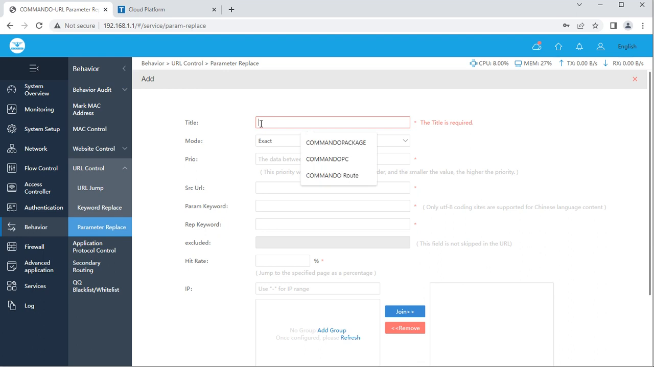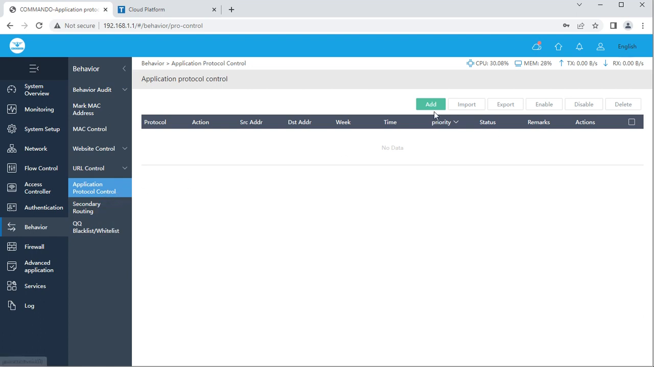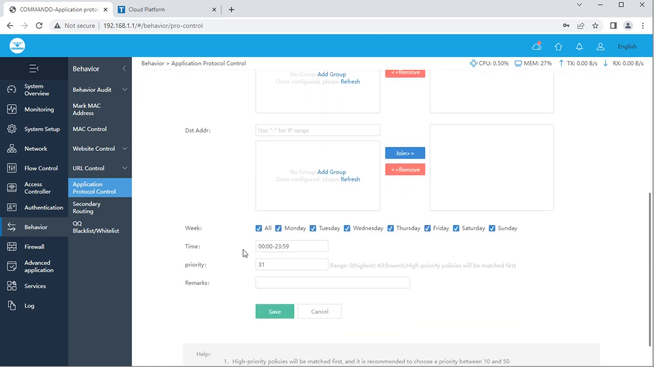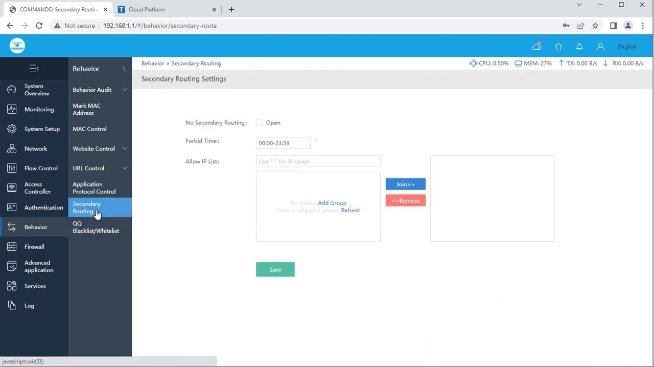We can replace the parameters, like if somebody is typing something, we can replace that. Then application protocol control, we can add the applications like HTTP protocol, and we can control this for weeks and time and priority as per the settings. We can also have